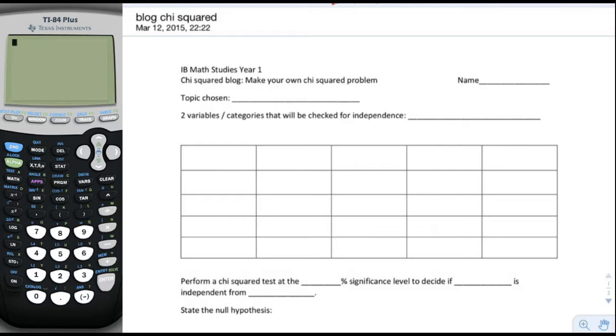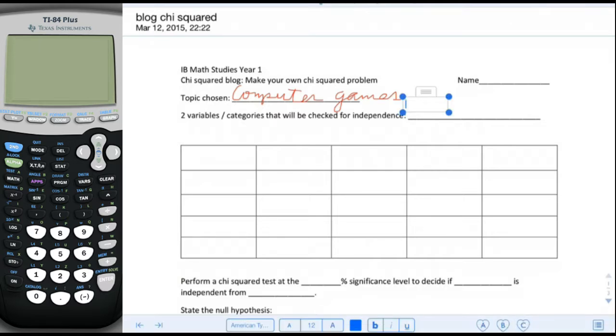Okay? So for example, I am going to choose a topic, and I would like for you guys to choose something that interests you, okay? For mine, I am going to choose computer games. Now, this was very interesting to me when I was your age, but now not so interesting. But okay, computer games. Two variables or categories that will be checked for independence. So I would like to check amount of game playing